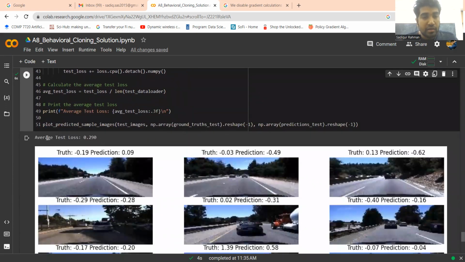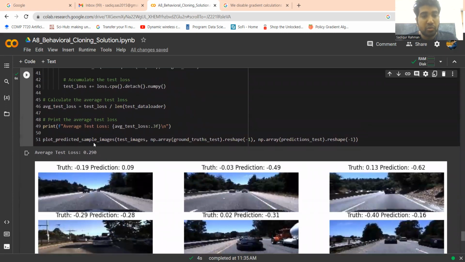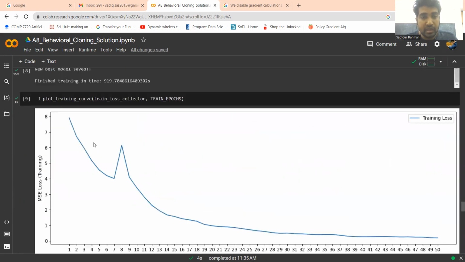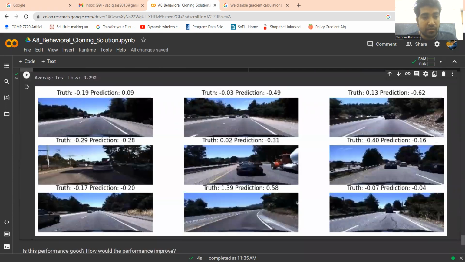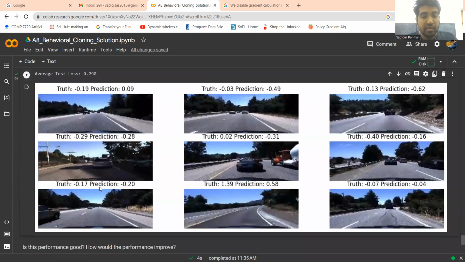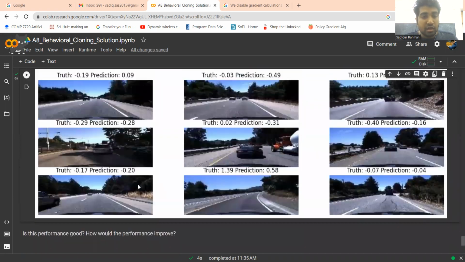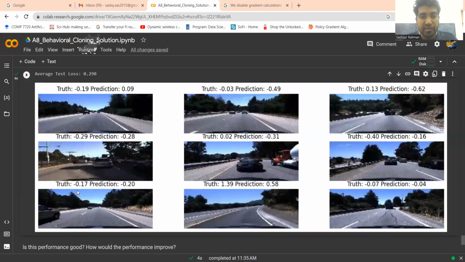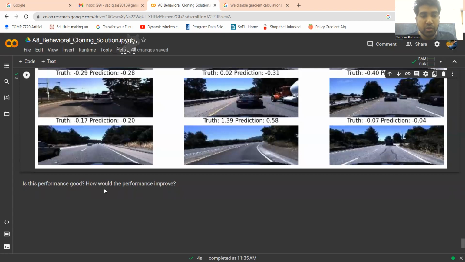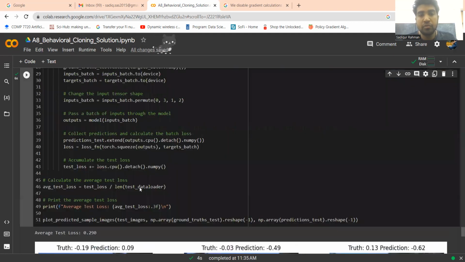And here you can see that the average loss is 0.290, compared to our training loss, which was 0.186. Now it is 0.290, and you can indeed verify that the truth values and prediction values are pretty close. But if I talk about the performance, the performance is not that good, but the performance could be improved if we would use a larger data set, and